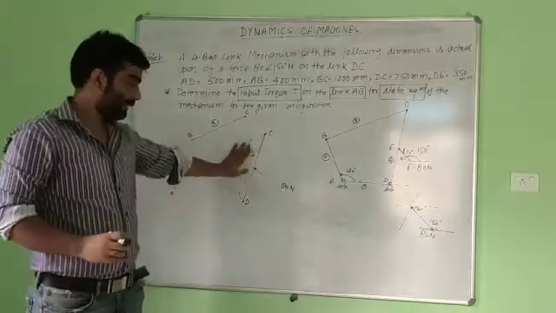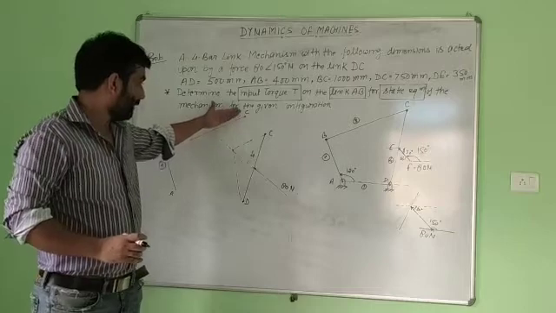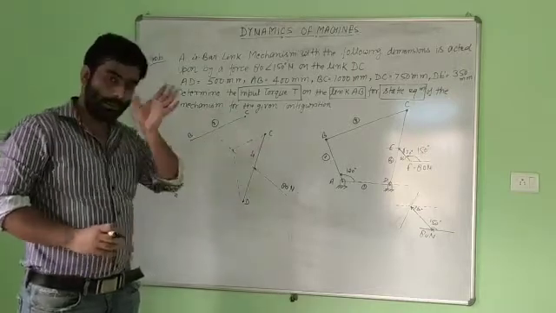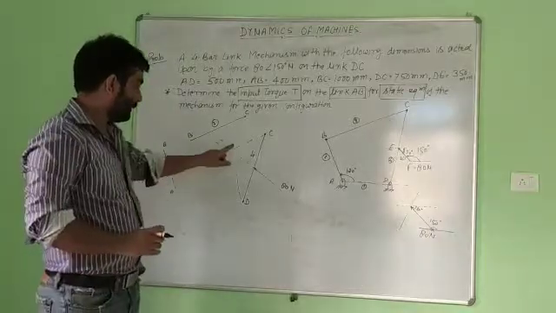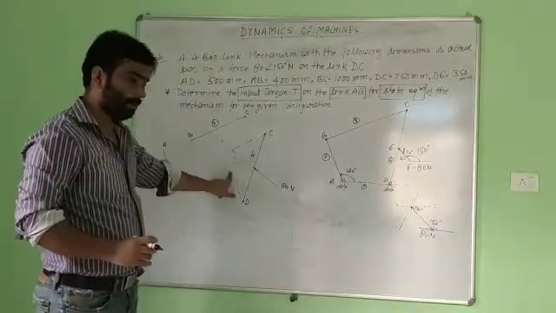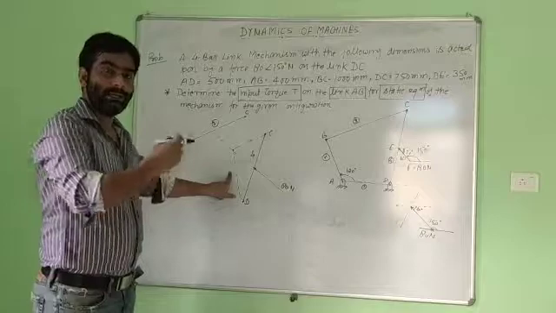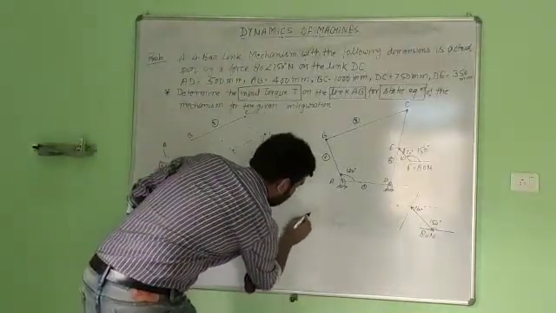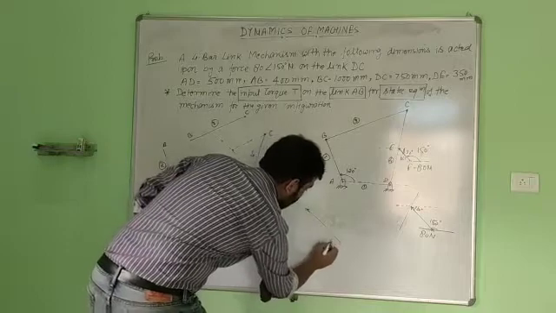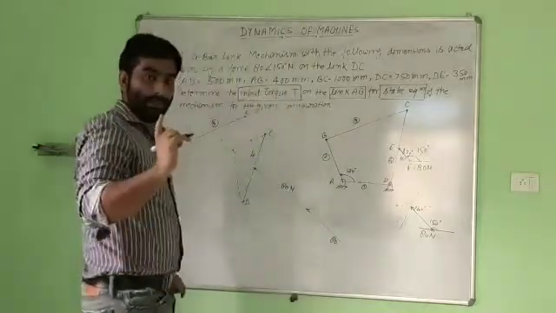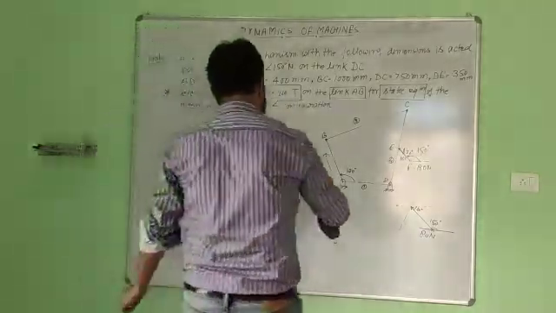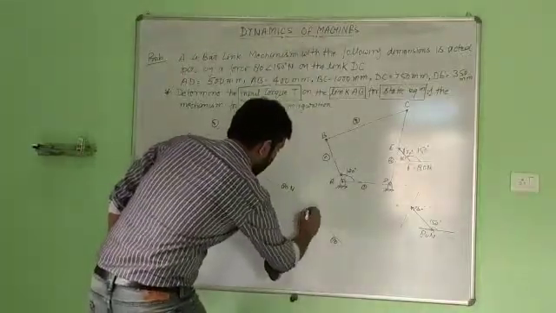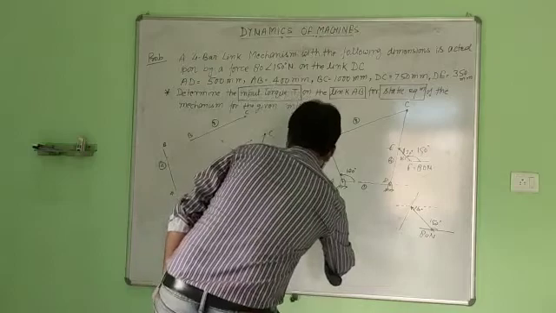Because the member is in equilibrium, we have drawn a line parallel to this one here. So this will intersect like that. Now we will calculate the magnitude of this force and this force by drawing the triangle law of forces. Now draw 80 Newton here, taking suitable dimensions. 80 Newton will be here. From the 80 Newton, draw